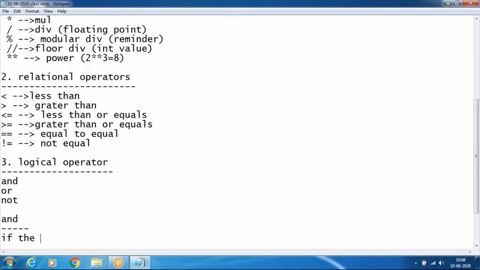The AND operator: if both the left hand side and right hand side operands are true, the result will be true.